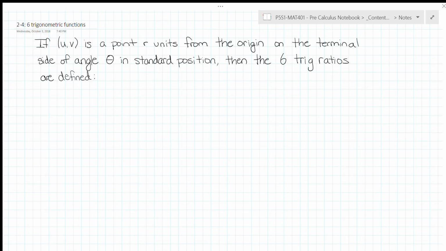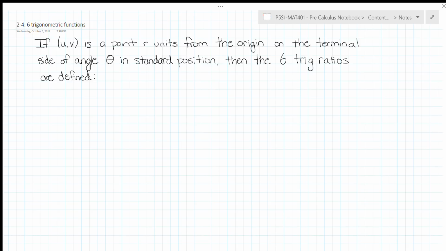Hello, Precalculus class. Today we're going to look a little bit at the 6 trigonometric ratios. You've probably been introduced to 3: sine, cosine, and tangent. Probably the other 3 might be brand new. I'm hoping that you've already read some of the book in section 2-4, pages 73 to 75 at least,